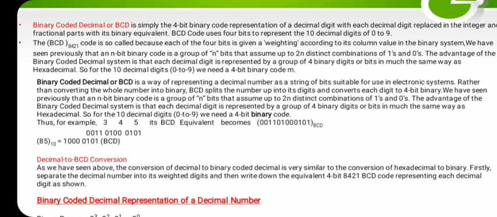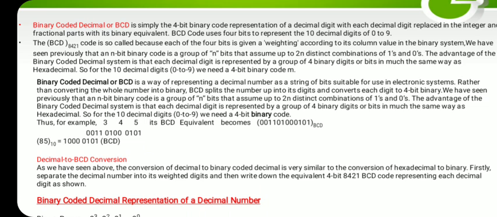Instead of remembering, suppose it is a 5-digit number, 41506. If you find the string of binary ones and zeros, it will be such a lengthy number. Imagine the memory storage required, and how much we have to remember, how much calculation we have to do there. So instead of that, what is the simplest, easiest way?